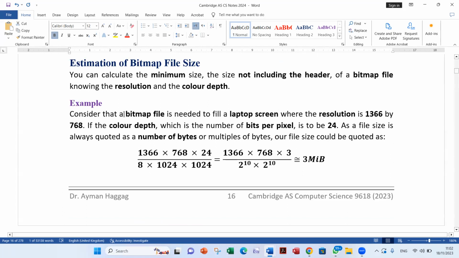Okay, let us do this example. Consider that a bitmap file is needed to fill a laptop screen where the resolution is 1366 by 768. Probably you will multiply these and get the number of pixels. Easy. If the color depth, which is the number of bits per pixel, is 24. Excellent. Thank you. It is not giving me the number of colors. It is giving me the number of bits. Thank you. I don't have to go to that 2 to the power of n thing. Thank you. Okay, so actually what I have here is